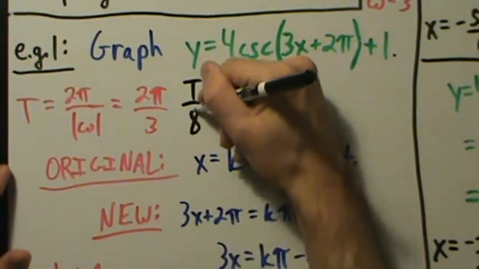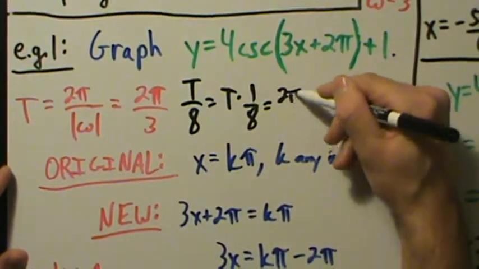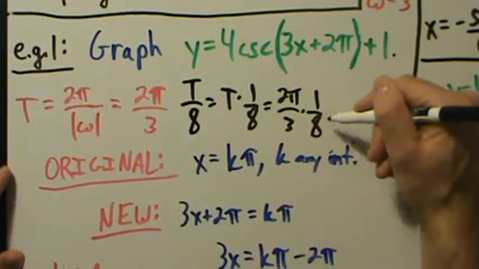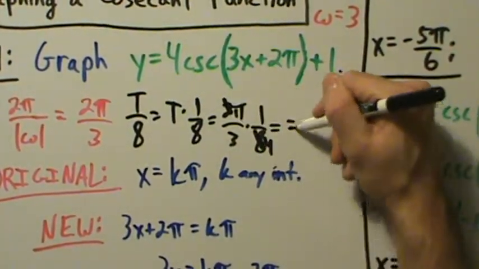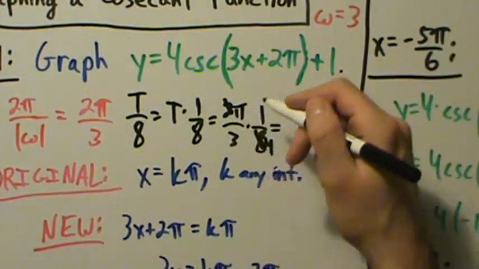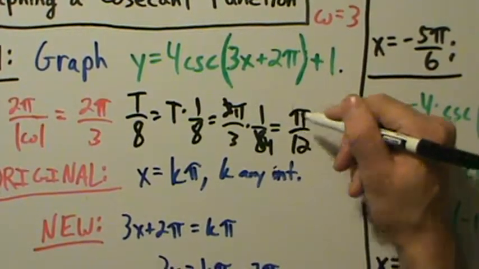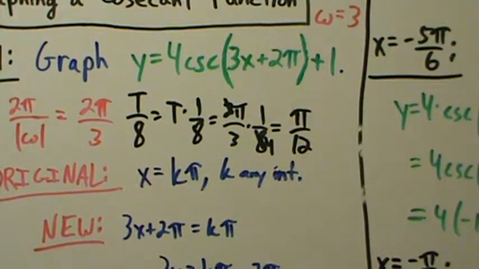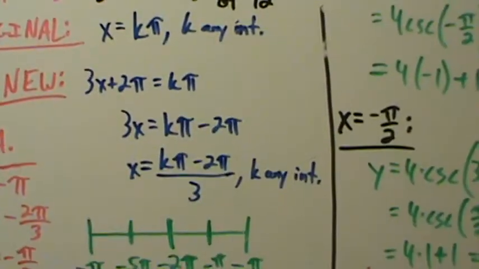So t divided by 8 is the same thing as t times 1 over 8. So this is 2 pi over 3 times 1 over 8. Okay, so simplify that. 2 goes into 8 4 times. So this is pi over 3 times 1 over 4, which is pi over 12. So our x scale is going to be pi over 12. What that means is if we go to the graph,